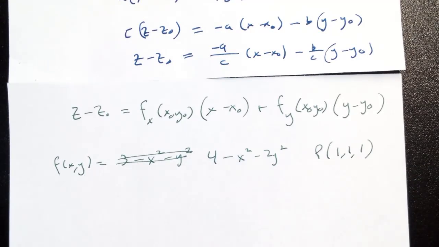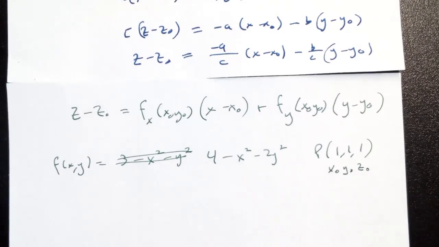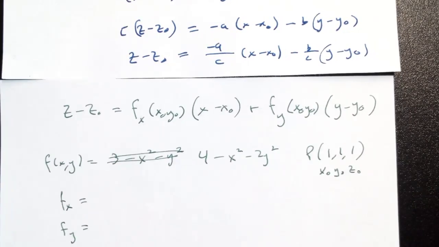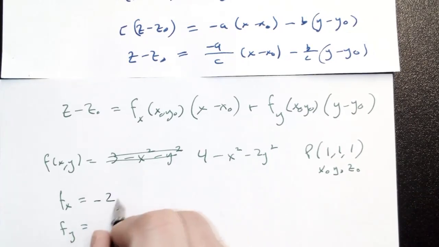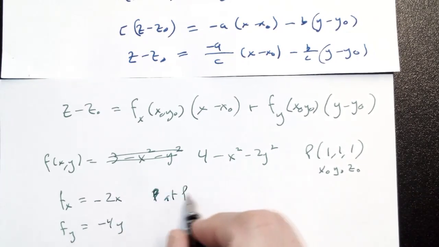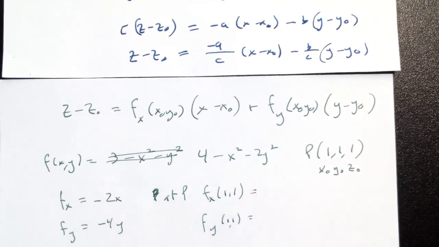Well, that's x0, y0, z0 right there. And then we did the partial derivatives. Partial with respect to x and partial with respect to y were given, and then if I evaluate those at the point P, that's fx of 1, 1 and fy of 1, 1. And I get